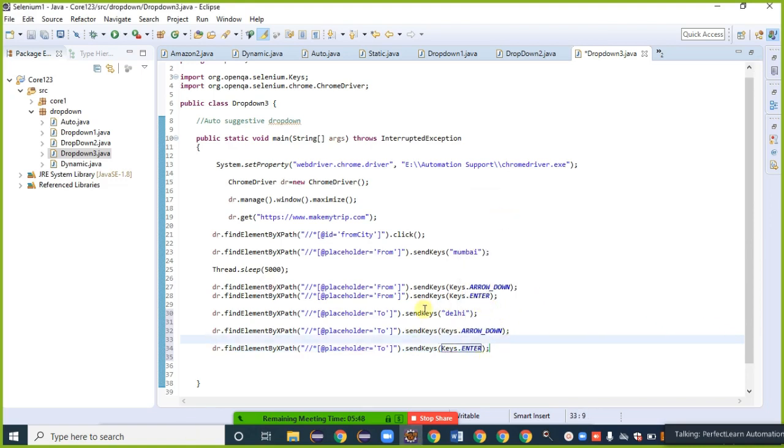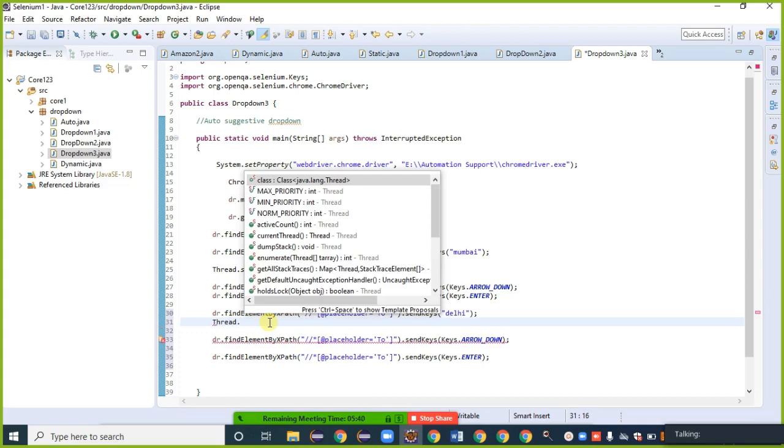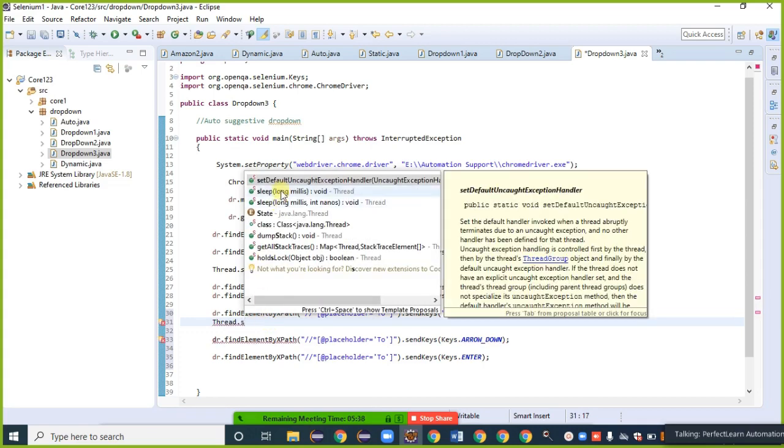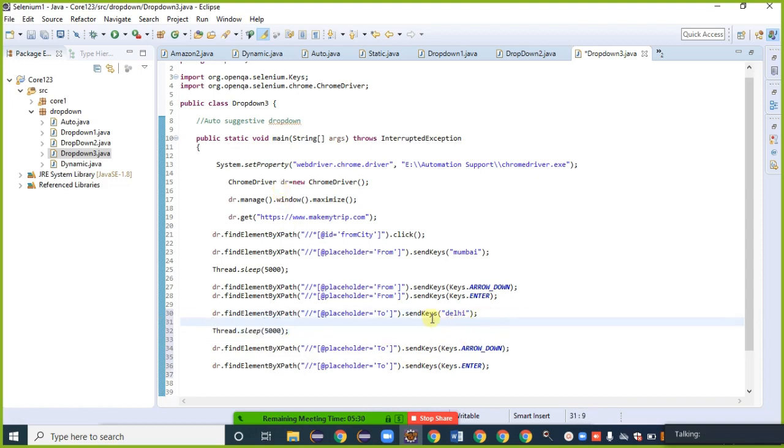Again, similarly, we need to provide a wait here. Thread dot sleep 5000. Means after sending Delhi, I am instructing to wait for 5 seconds and then go to the suggestion list by arrow key and enter or select it. Click on the run button.